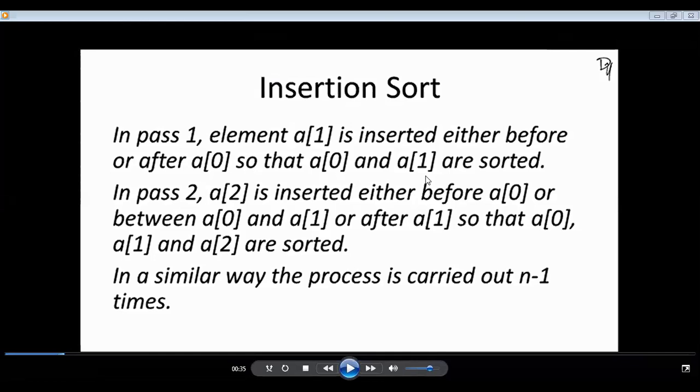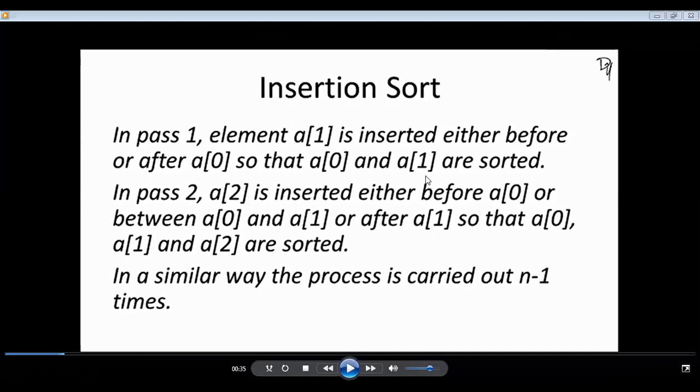And again, in pass 2, one more element is coming, that is a of 2. Before a of 2, we have already sorted a of 0 and a of 1, right? A of 2 can be inserted based on its value: either before a of 0, or between a of 0 and a of 1, or definitely after a of 1 also, right?